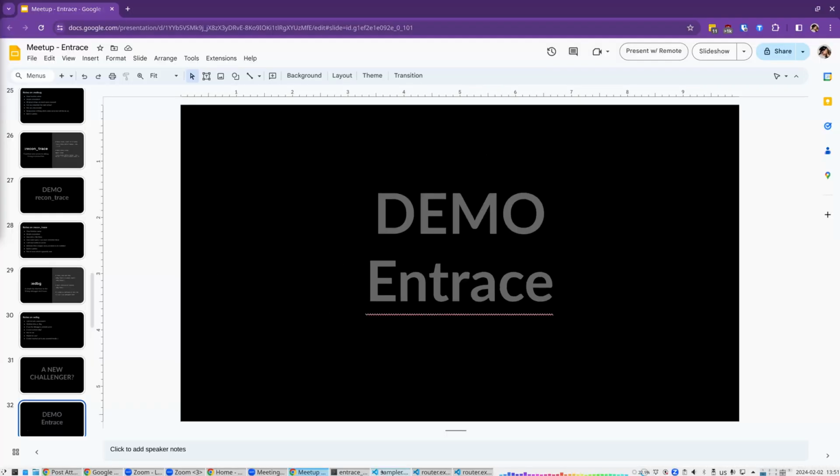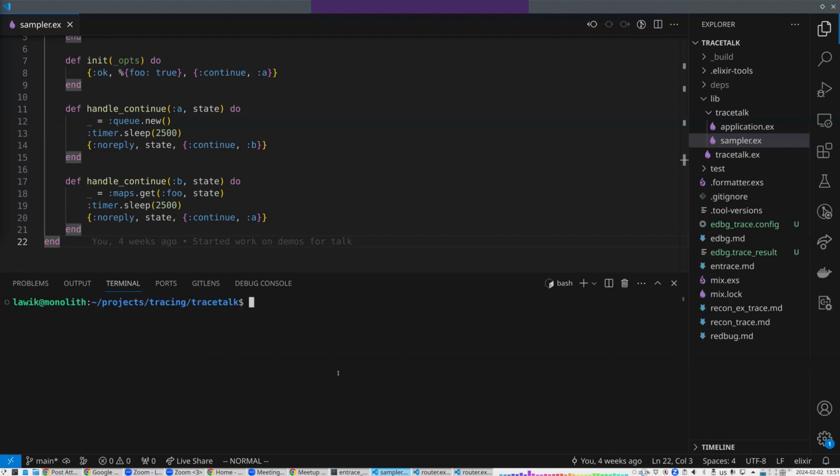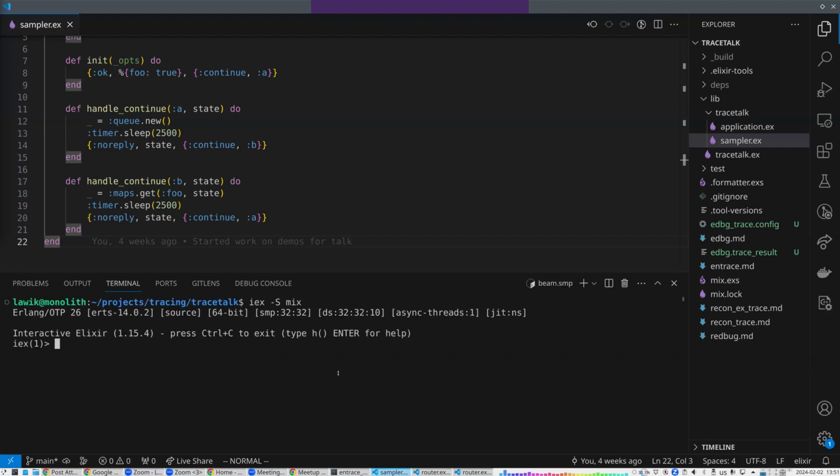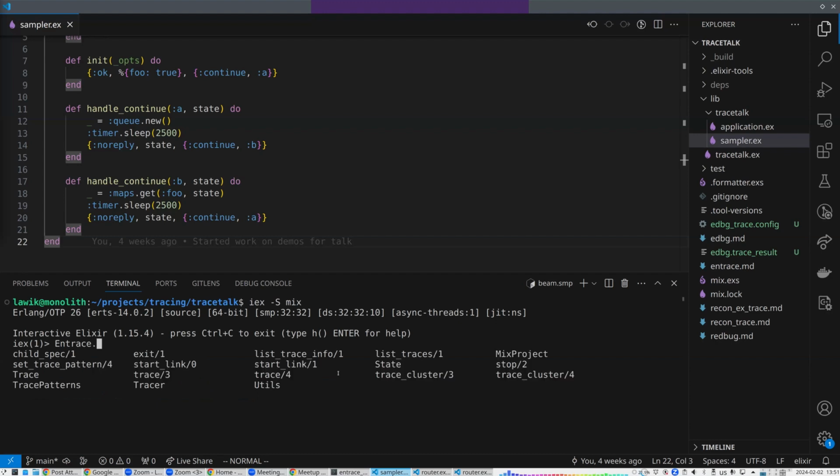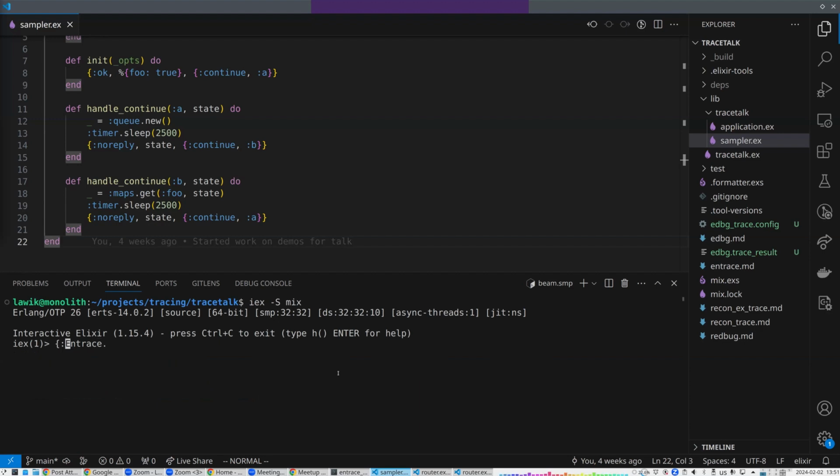So why am I talking about tracing? And what am I going to do if I have so many opinions on how others have implemented their tracing? I built my own, of course, because that's what you do when you're too enthusiastic about a language. You build things. So we have a trace, which if I just autocomplete here, I see a bunch of different functions. So what I'm going to have to do is trace the start link